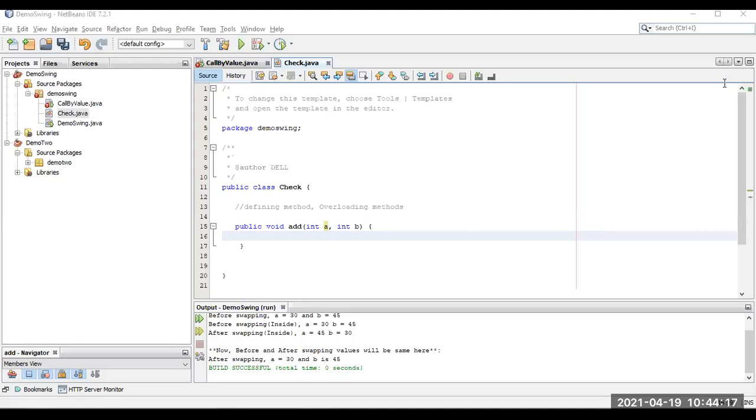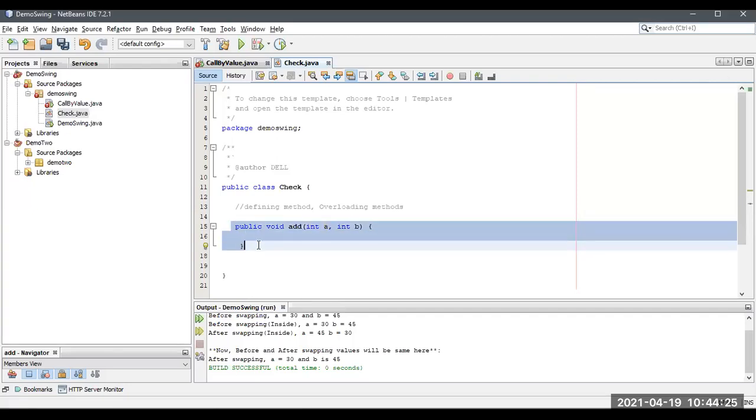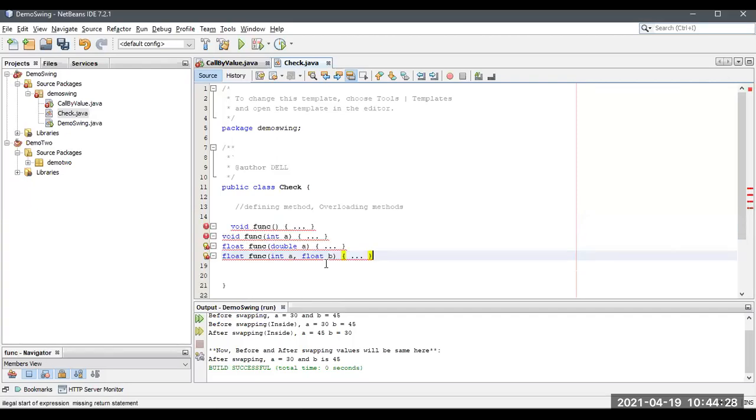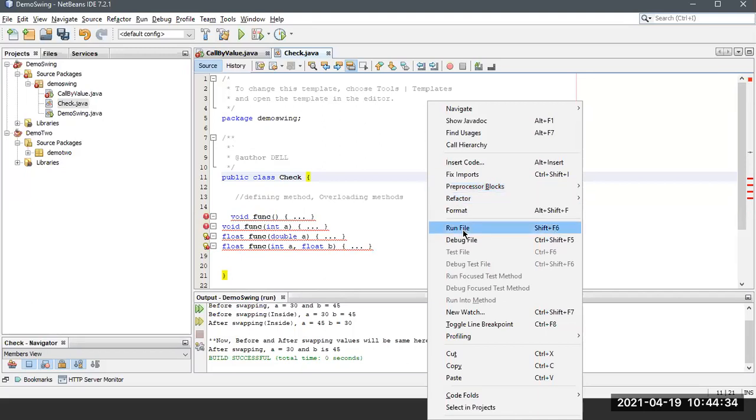I think you understood that one. Let me show you an example for that. I'm not declaring this, I'm just telling you how it will look.